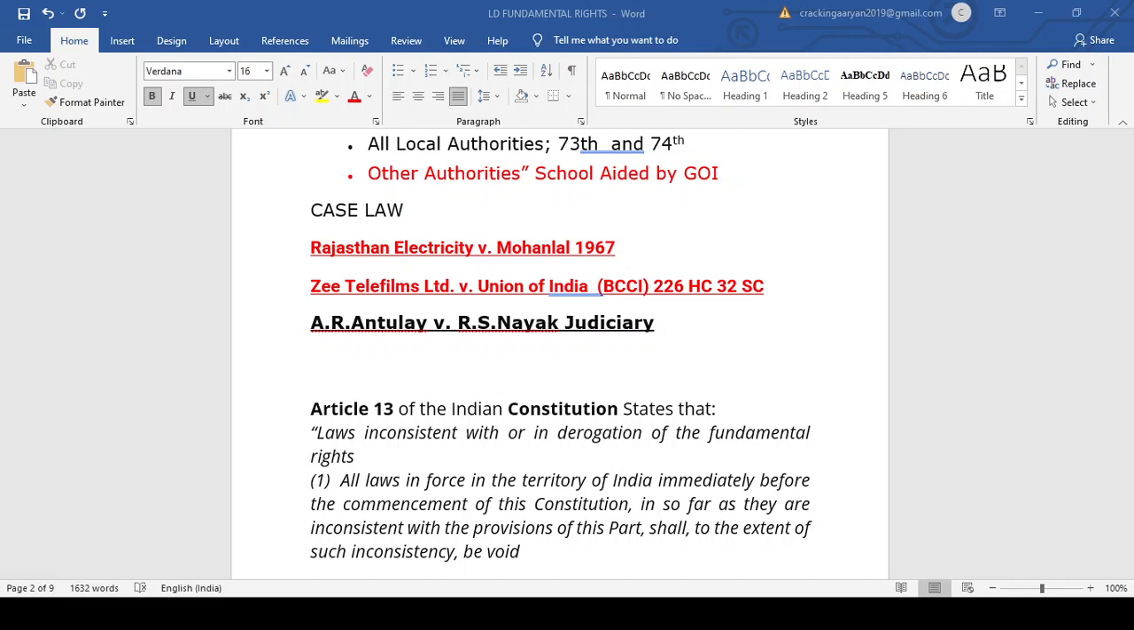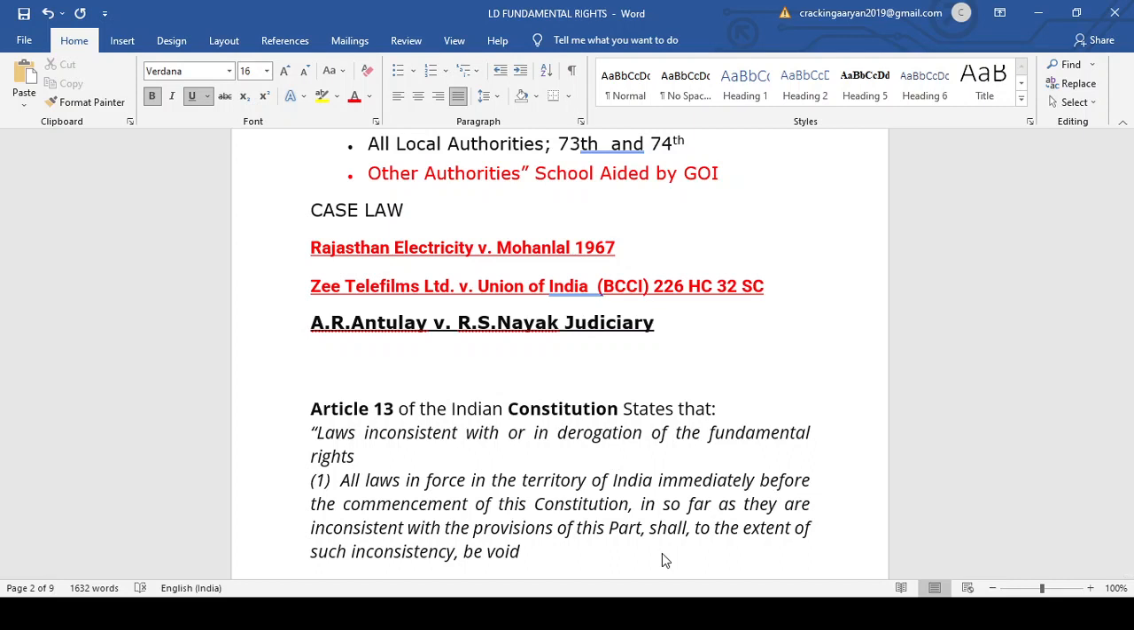Sir, I have one doubt. Sir, why only BCCI will be considered as state under Article 226? Why not under Article 32? Yeah, very good. So in this case, that is G Telefilm Limited versus Union of India, the BCCI, it was